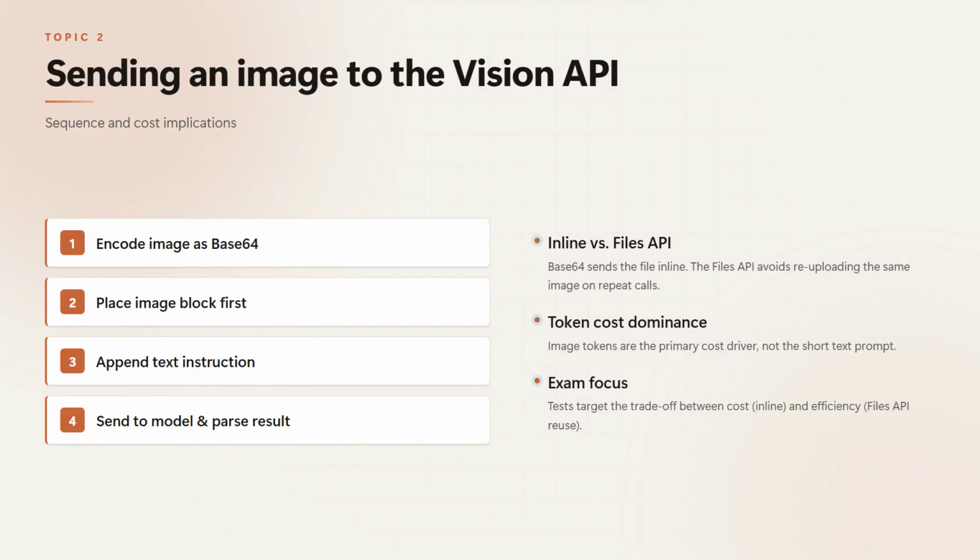Images consume far more input tokens than text, so for repeated use, the Files API lets you upload once and reference by ID. Watch for the block order, the token breakdown, and the alternative file reference approach as you run